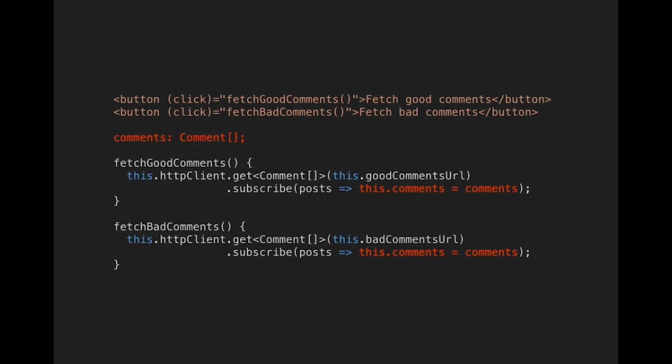Imagine having like 15 such interactions in a single component. It can get quite messy, right? Especially if there are multiple developers working on this component and they just keep adding different assignments to the comments field in different places. At some point, we may realize that our component is no longer predictable.